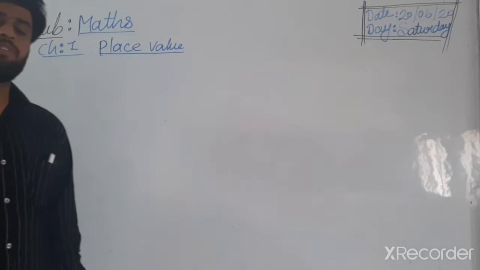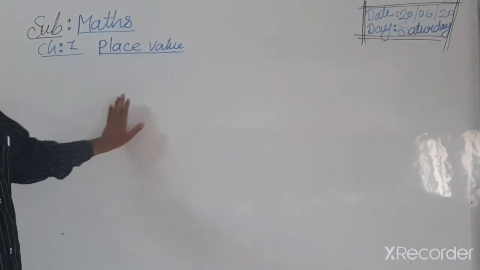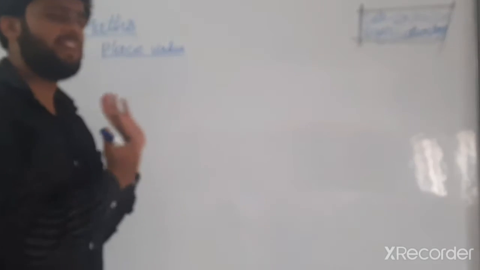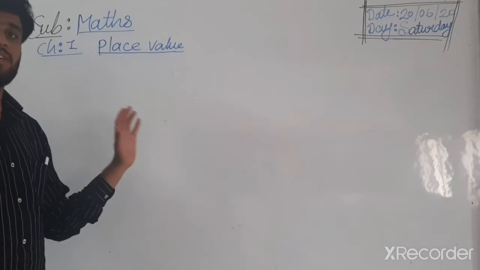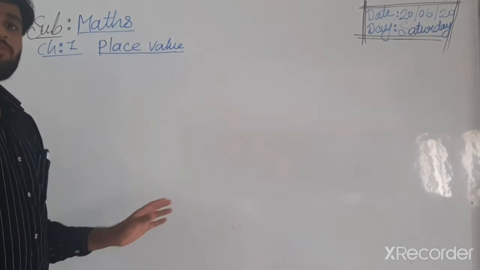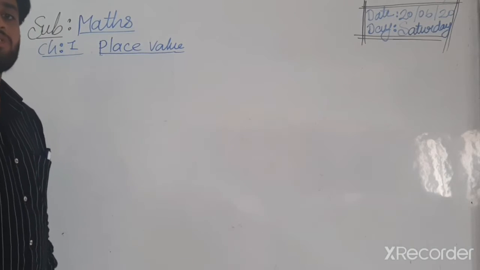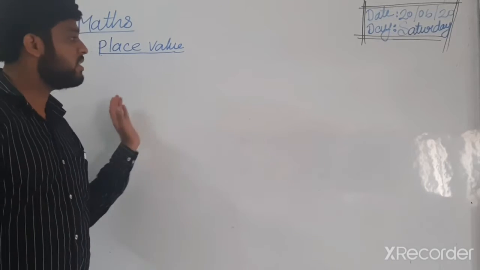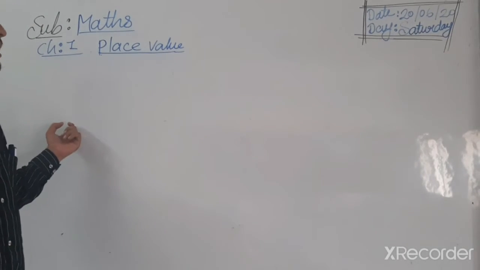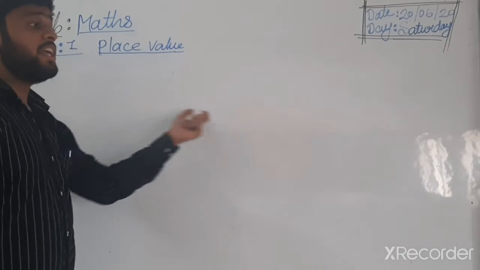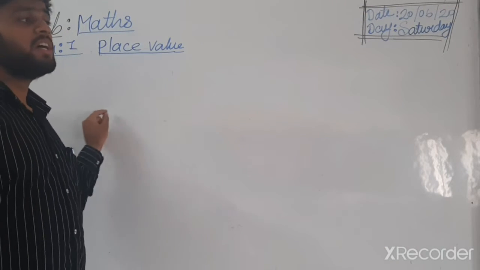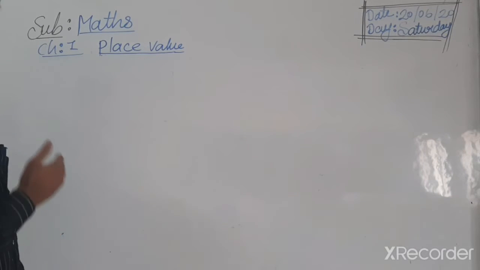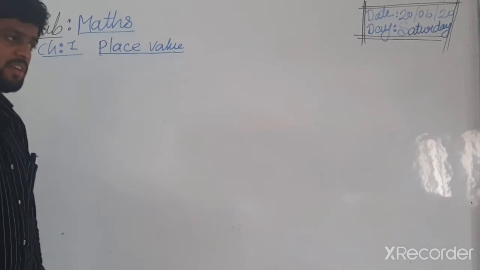Now, today I am going to teach you a further exercise related to yesterday's topic. First of all, let's check what we have done yesterday. Round to the nearest tenth. Yesterday we did rounding to the nearest tenth. It means rounding any number to the nearest tenth. Now, on the basis of this topic, we are doing further work today.